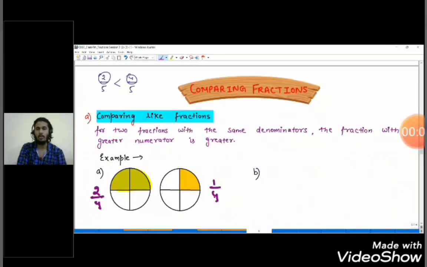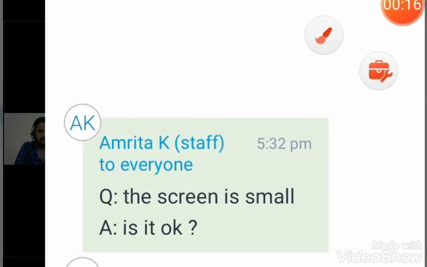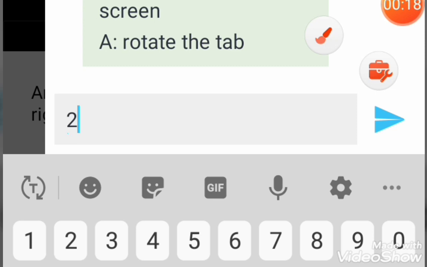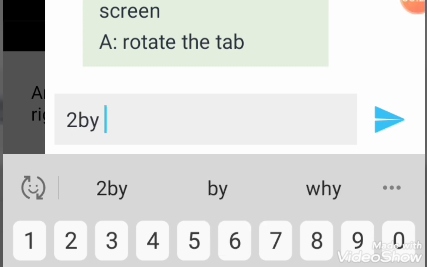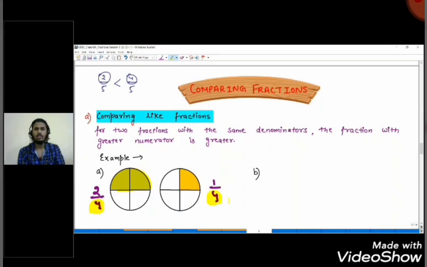Which is greater, 2 by 4 or 1 by 4? Quickly, students, that's very easy. Yes, 2 by 4 is greater than 1 by 4. Here we can very clearly see that the denominators are the same. Now since the denominators are the same, in both the cases they are 4, the only thing that we got to do is simply compare the numerators, and the one with the greater numerator is going to win the game. So in 2